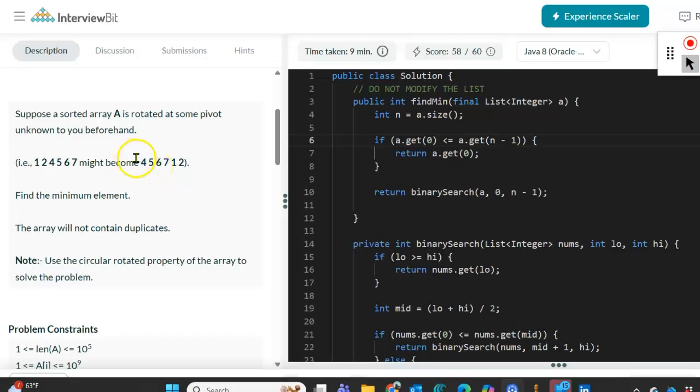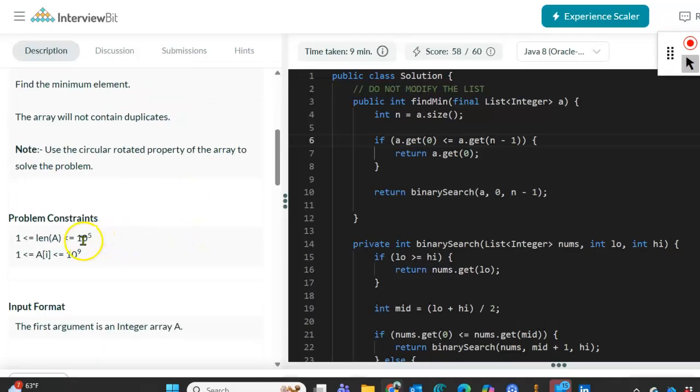It's circular, it's rotated, so when you find a number, like in this case, let's say the number 1, when you find a number that's less than the previous number, that's the minimum number. That's not the best way to do this. That's an O of n algorithm,